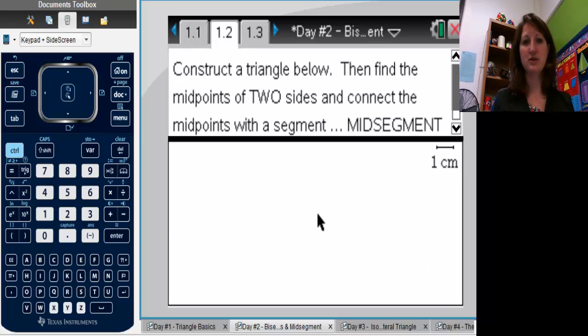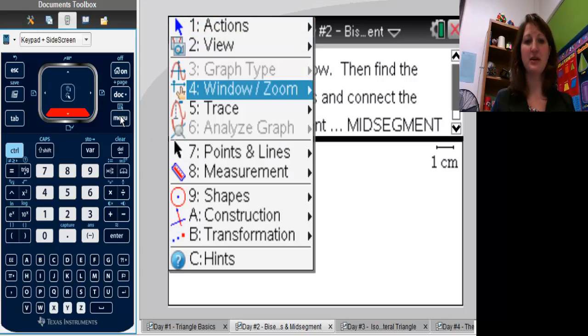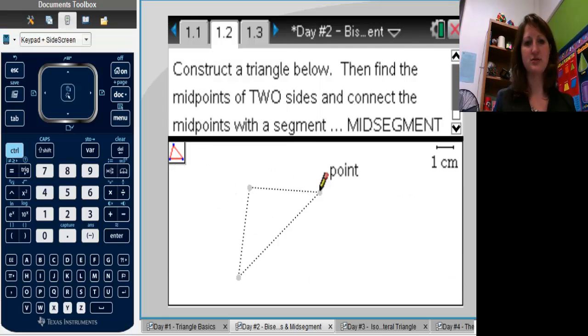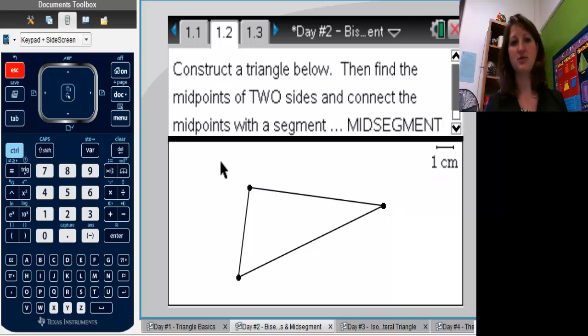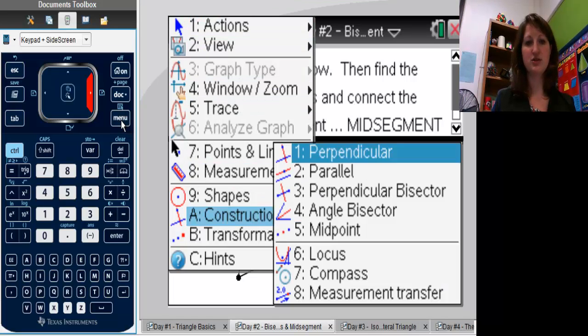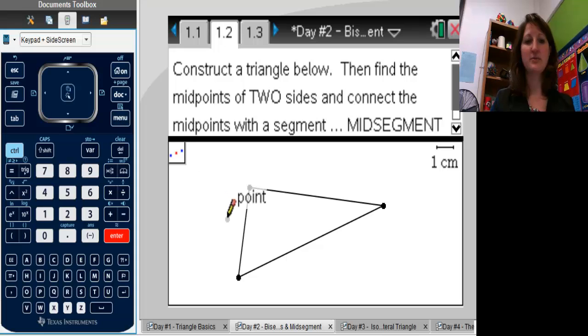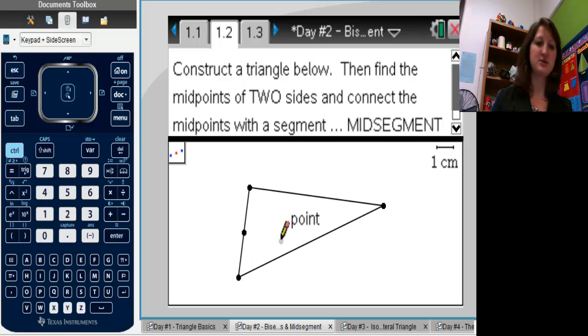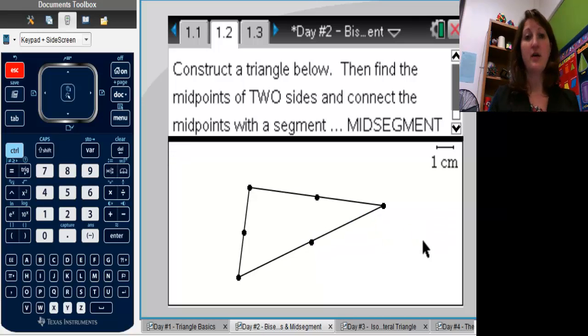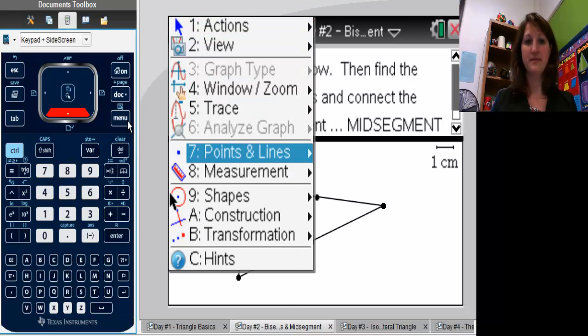On the next page, what we're going to do is construct a triangle. Make sure you click down in the bottom box, and then we'll go to Menu, Shapes, and we'll just start with any random triangle. Just click in 3 spots to get a triangle. Now we're going to put midsegments on those sides. We'll go to Menu again, choose Construction, and we want a midpoint. I'm going to point to all 3 sides. So there's one midpoint, there's another, and there's another. Now, if I connect two of those midpoints with a segment,